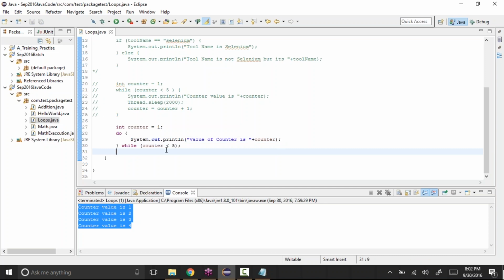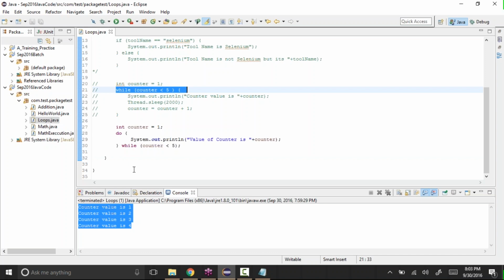Okay, and the difference between the while loop and the do while loop is this. With the while loop, it will first check the condition, and only if that condition is true will it execute the code present in that loop.